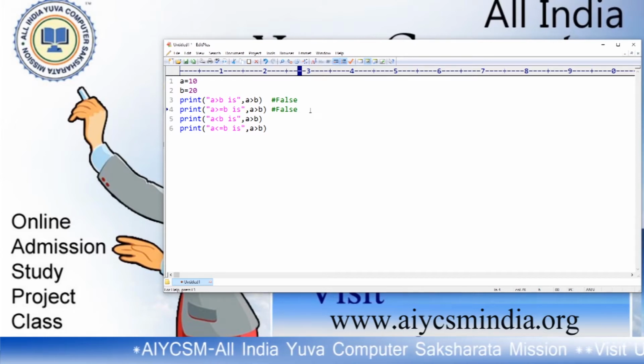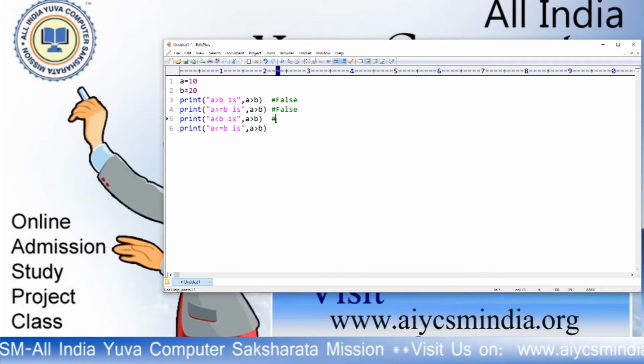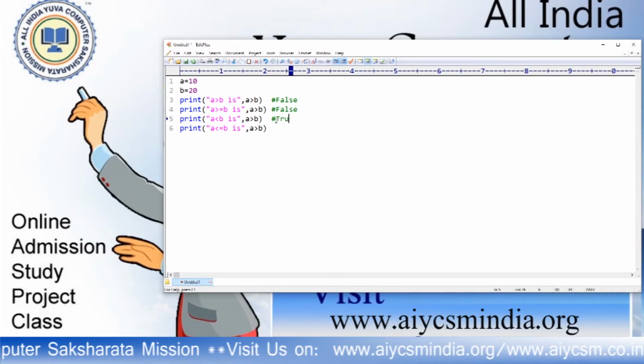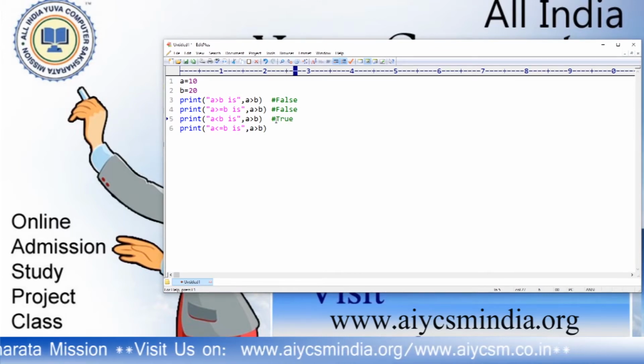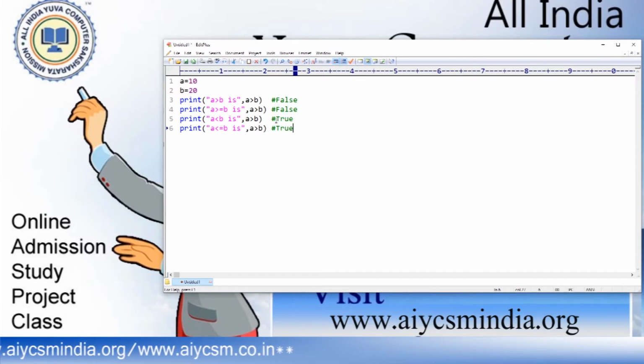But 10 is less than 20, so this is true, and this one is also true. For less than or equal to, if one of the conditions is true, then it returns true. 10 is not equal to 20, but 10 is less than 20, that is also true.